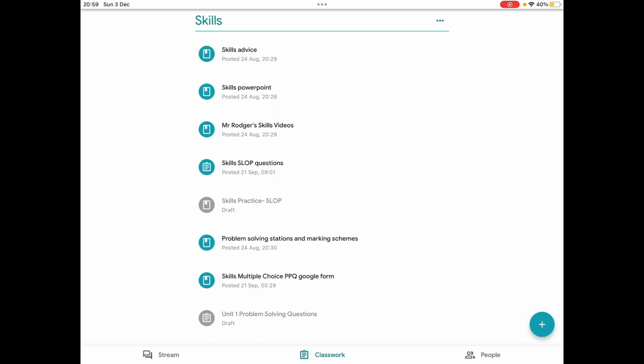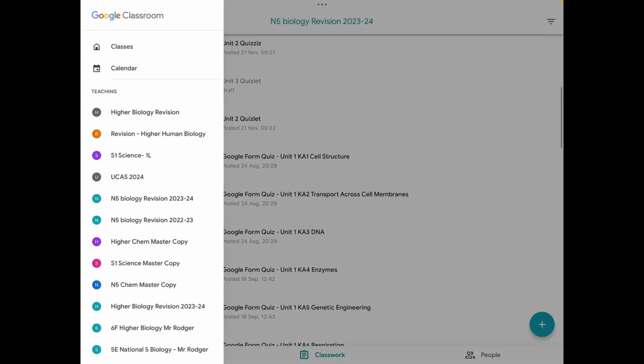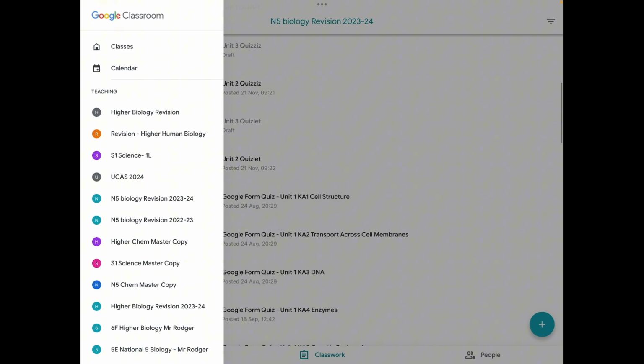Skills is a bit different, and we'll do a video later on in skills, so I don't want to dwell too long on that, but as you can see there's parts of this which involve teaching you how to do the skills, and there's lots of example questions as well. Let's go on now and look at the Higher Biology revision